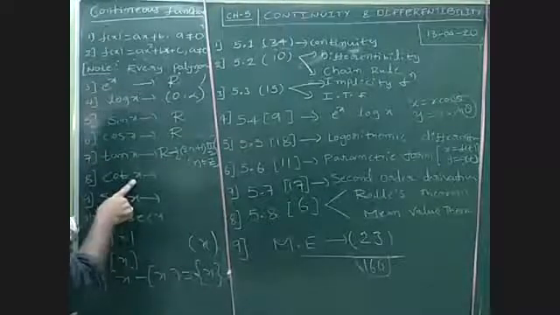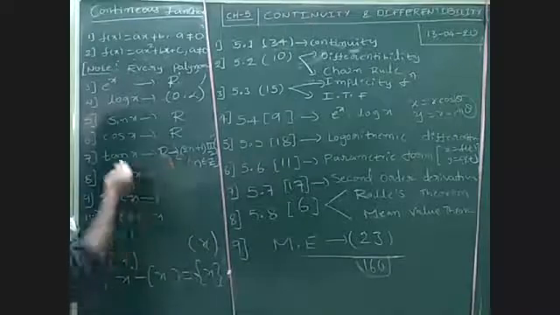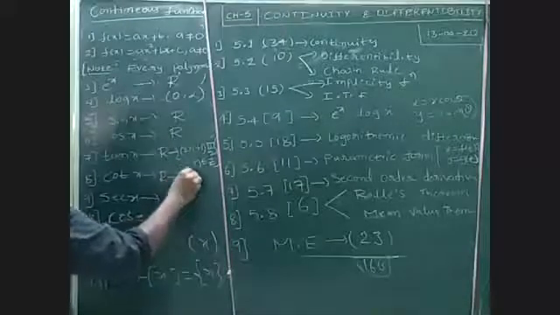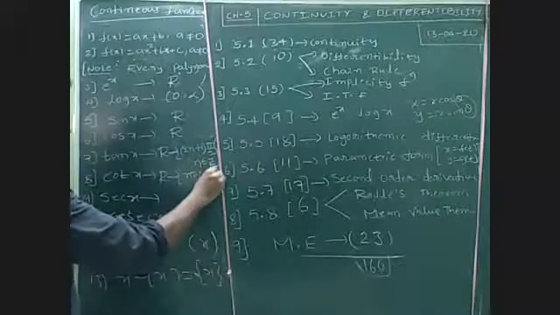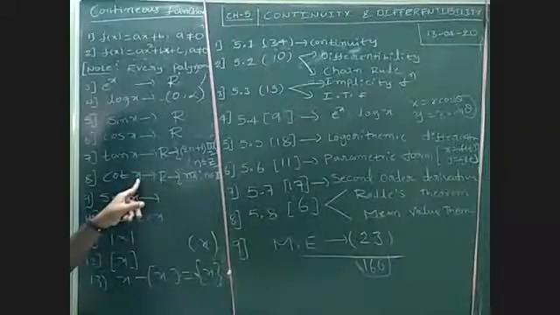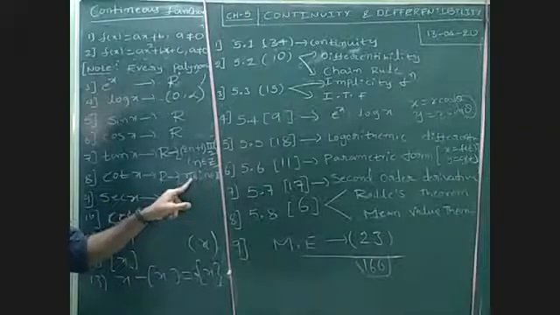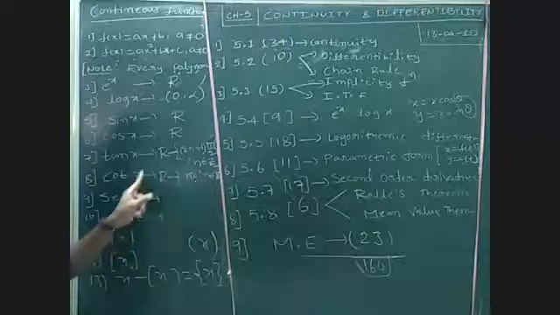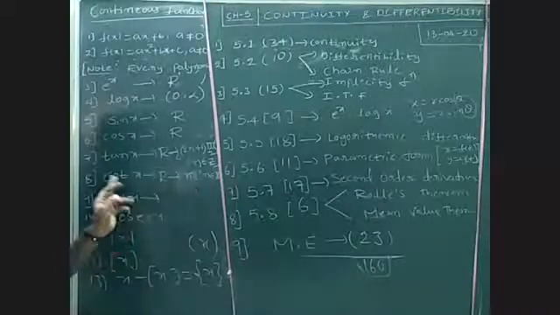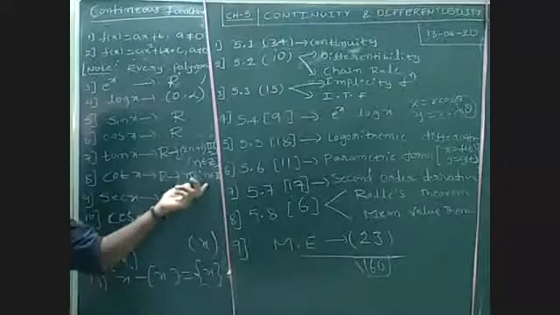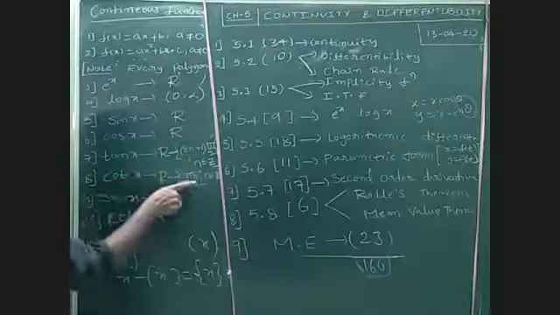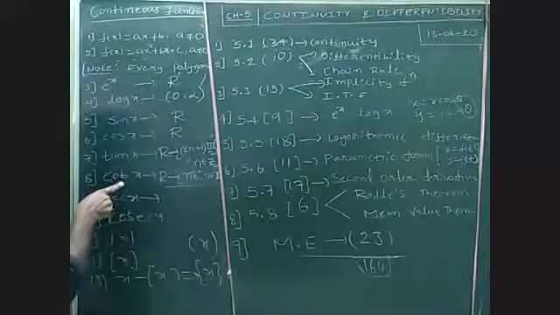In the same way, simply writing the domain of the cot function: R minus n pi, where n belongs to Z. We already know that cot 0 is infinite and cot 180 is infinite. Substitute n equal to 0: cot 0 is infinity, not continuous. Substitute n equal to 1: cot 180 is infinity. So in this domain, except these values, all remaining values are continuous.